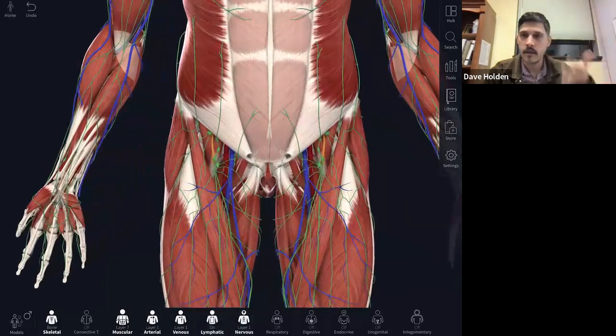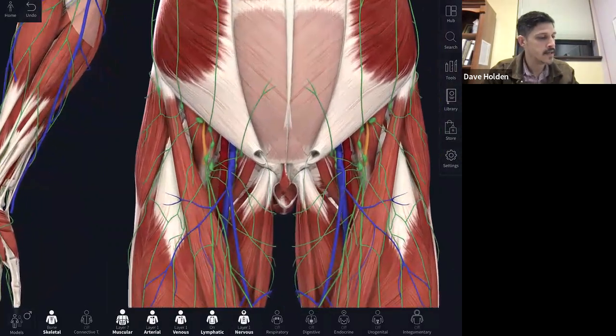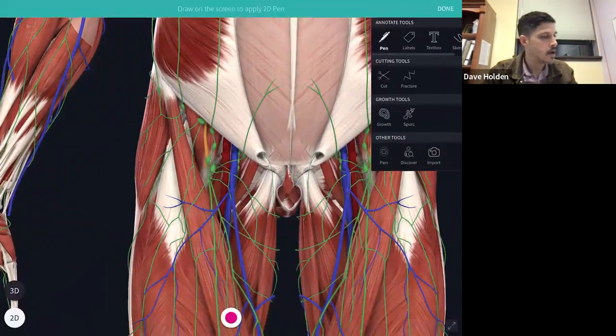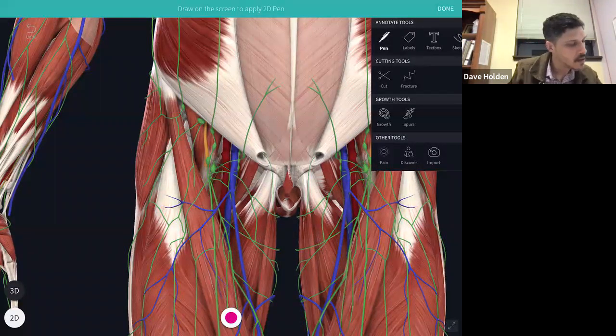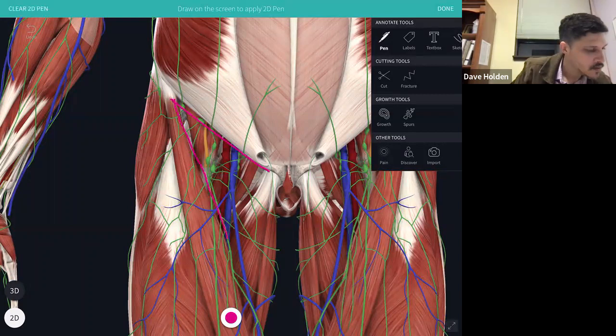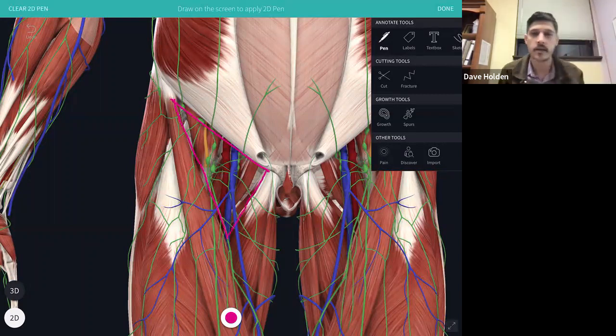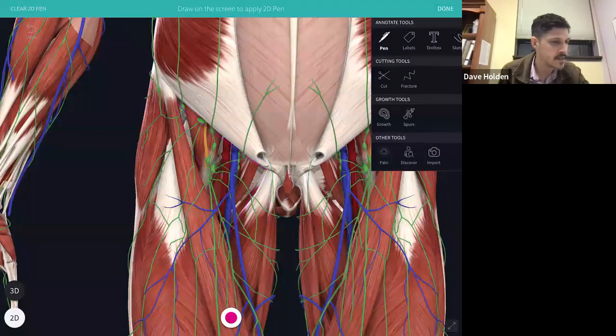So when I add in all the fun stuff and I zoom in, looking at the hip, I'm going to direct your eyeballs. 1, 2, 3. That little triangle is formed by the inguinal ligament at the top, the sartorius muscle on its lateral side, and the adductor longus muscle on its medial side. But all of these structures that are passing through that triangle are very close to the surface. So when you're pressing around in your client's hip,